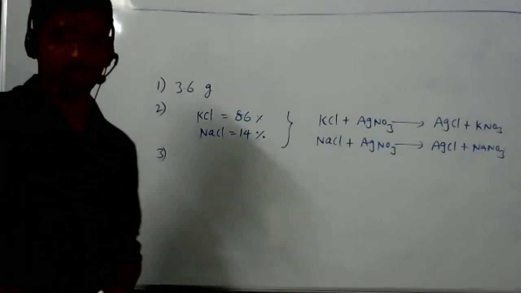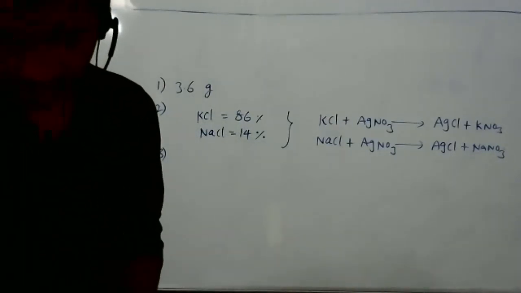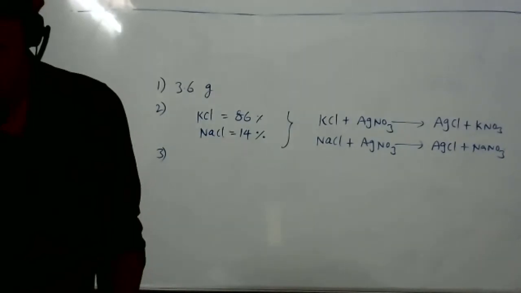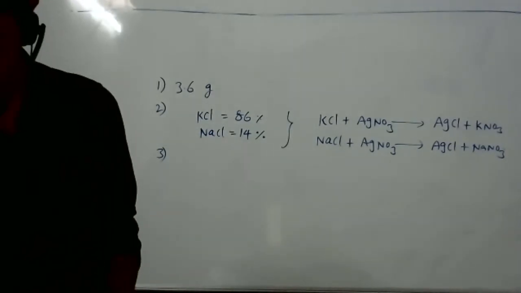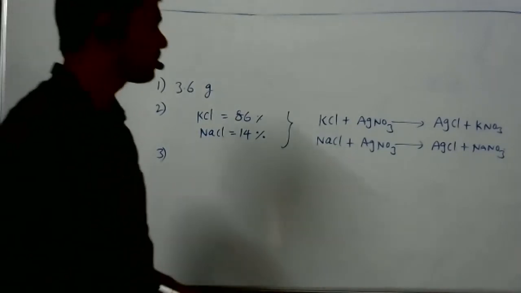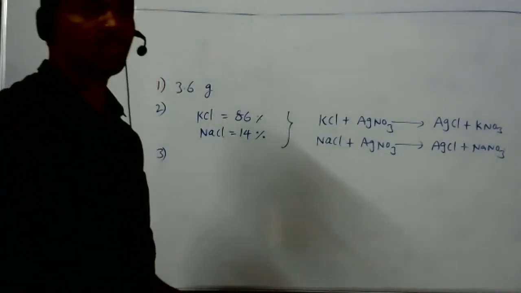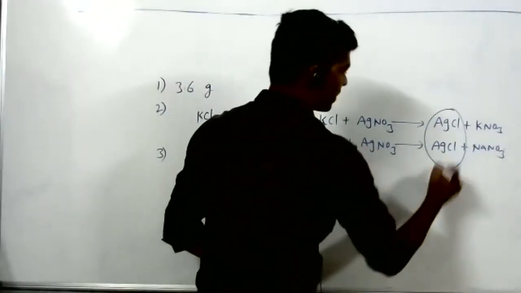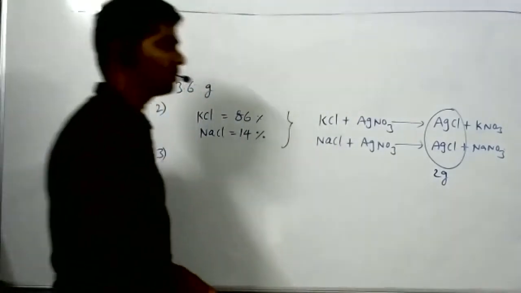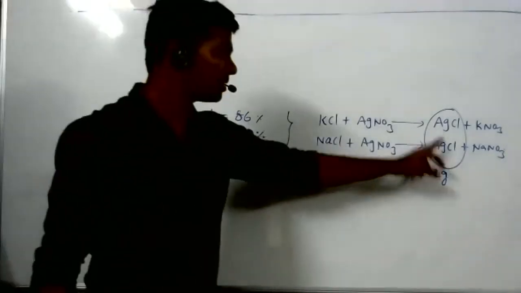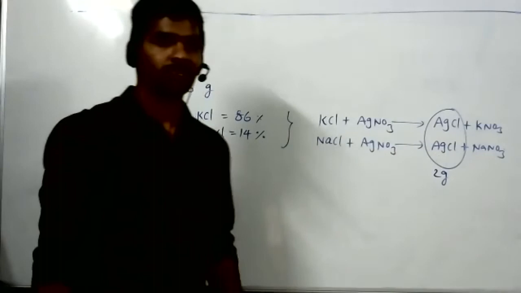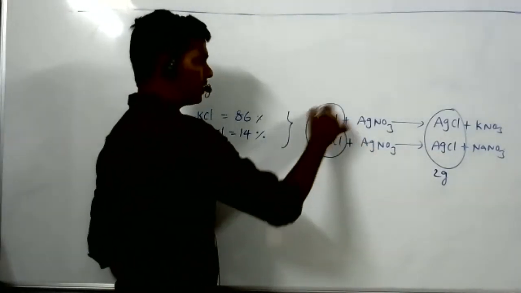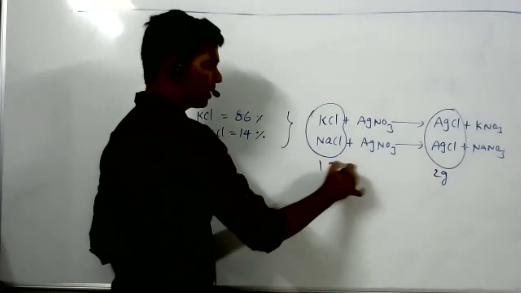Sir, actually I did this wrong. I didn't see the first sentence. I thought they gave only the AgCl amount. So what I considered is AgCl weighs 2 grams. Yeah, this mixture precipitate is 2 grams. Yes, sir. So it's equally given by KCl and NaCl, no, sir? Yeah, together giving that 2 grams. Sir, this mass is only 1 gram, no?